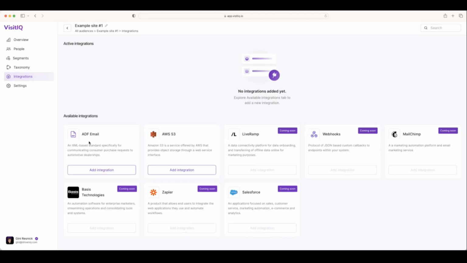Also have an integration with Amazon S3 so that a client can set up access point to our S3 and retrieve, and we'll automatically deposit data into that bucket on a daily basis, where they can then link it to their own S3 instance and build their table or